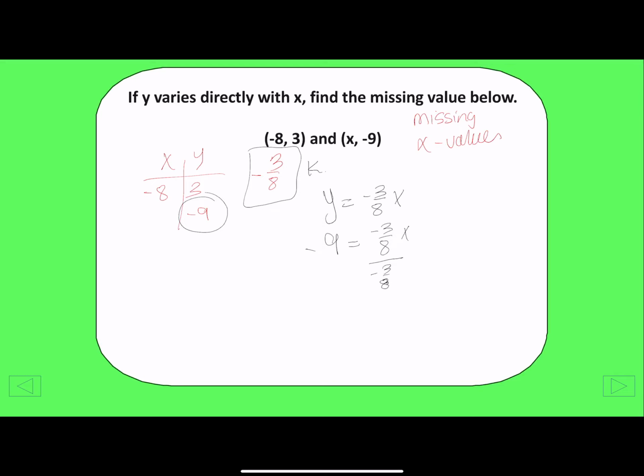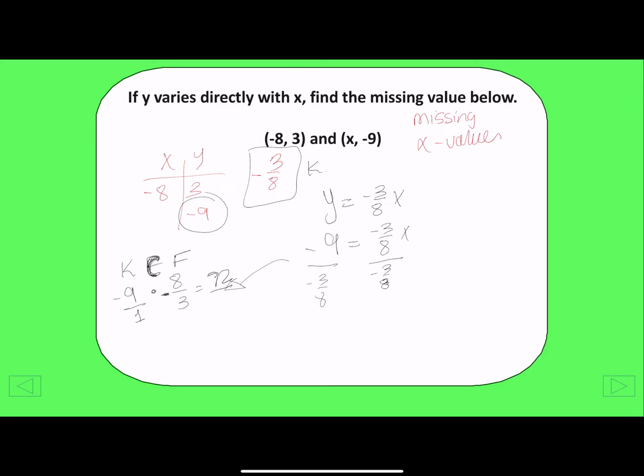-3/8 of x. What I'm going to do next, I am going to divide both sides by -3/8. And again, you can use your calculator for this. Or if you don't want to use a calculator, you can say keep, change, flip, right? So it would say negative 9 times 8 over negative 3, okay? And then you're going to multiply 9 times 8, which would give you 72. This fraction is negative, so you may say negative 9 times negative 8 is